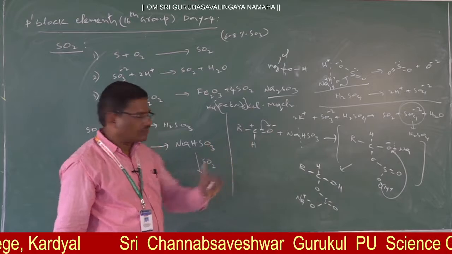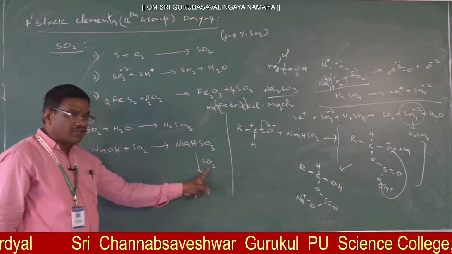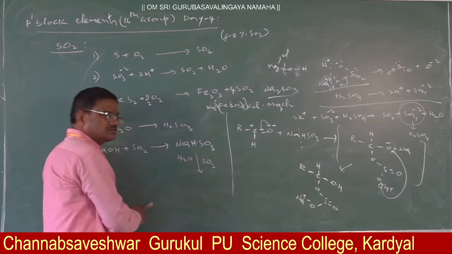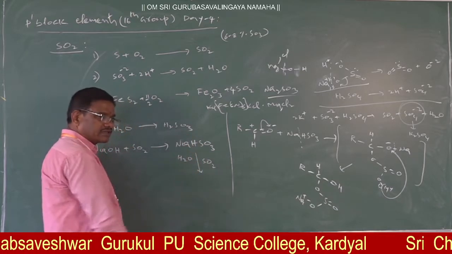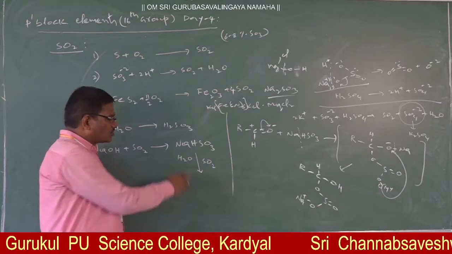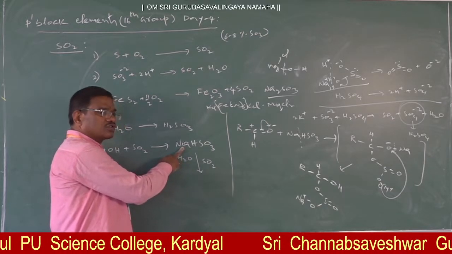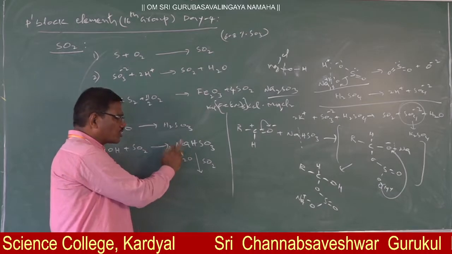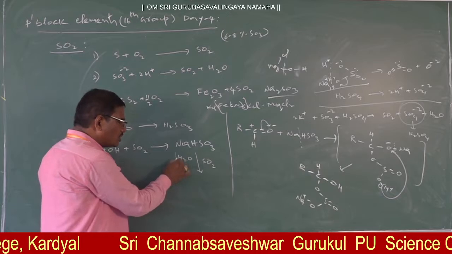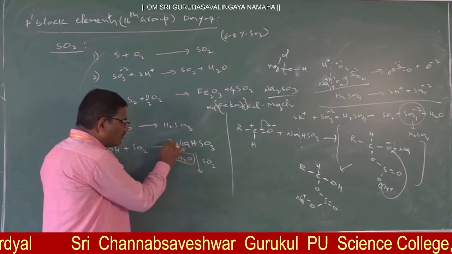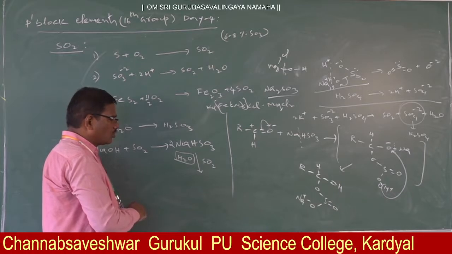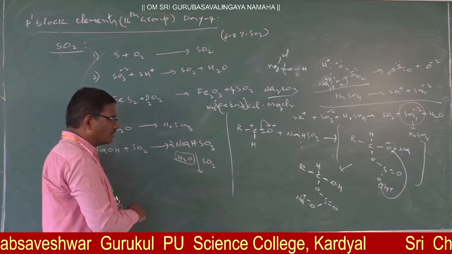Like this, different kinds of salts are there, through which whenever sulfur dioxide is formed, definitely here H2O is required. This H2O with sulfur dioxide gives H2SO3. That H2SO3 has to react with the sodium bisulfite. In that case, here H2O will come up when 2 moles of sodium bisulfite will be taken.